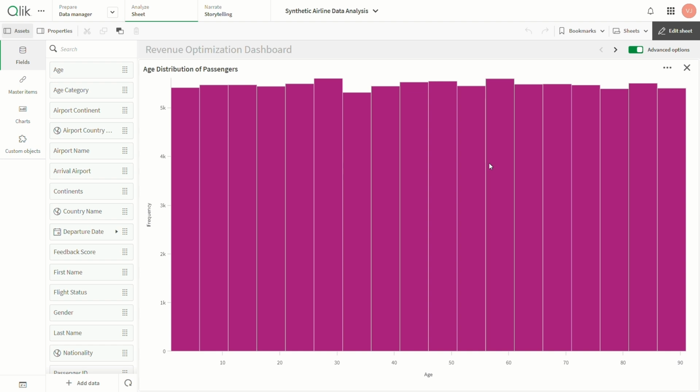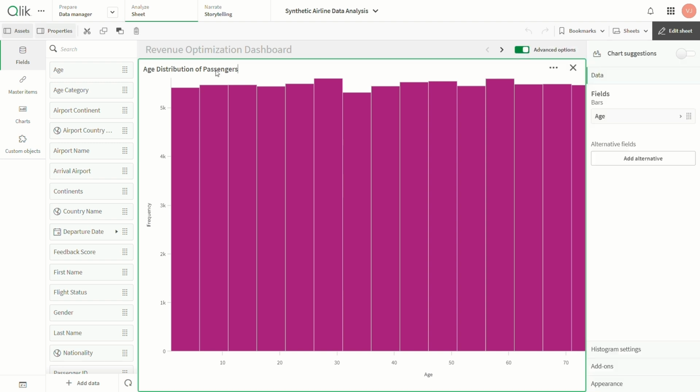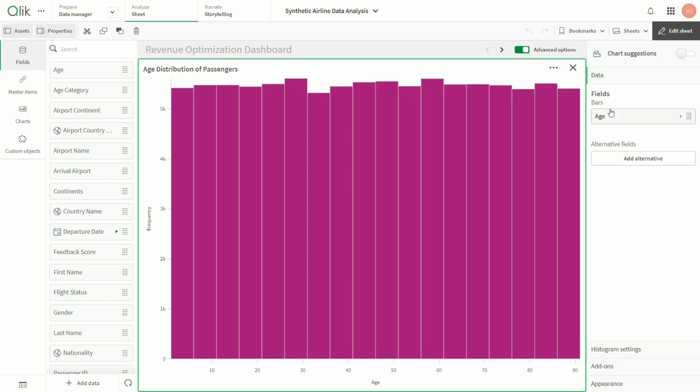The age-wise distribution of the passengers was also given by using the bar chart, and it is used to understand the distribution of passengers to better cater to different age segments. This is the frequency chart, frequency of the passengers age-wise. Here I show the data which I have used. Here I have given age as the only dimension,